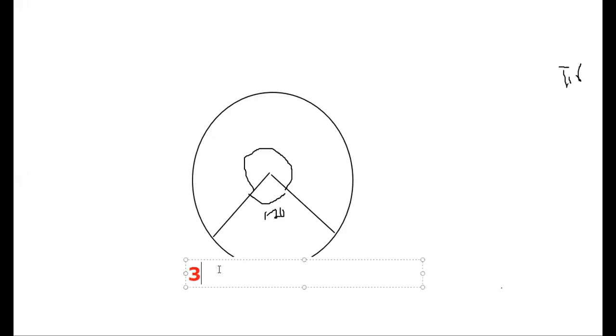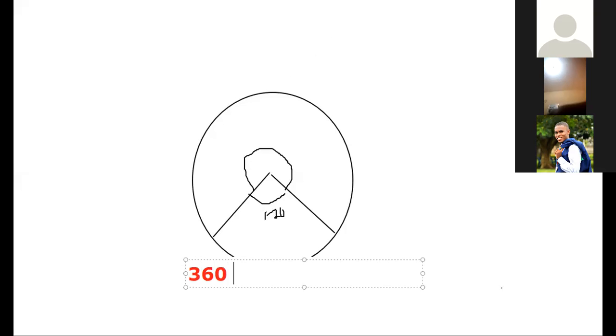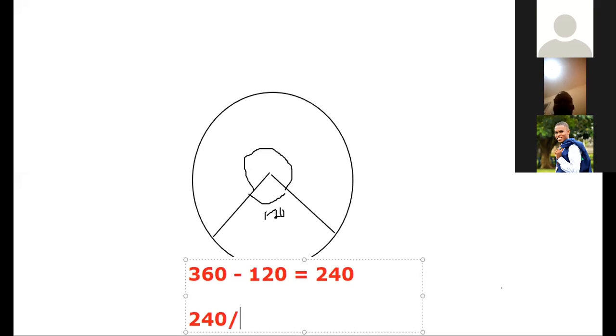Okay, you know that the full angle in the circle is 360 degrees. So if you want to find the angle on top here, that will be 360 minus 120. And that will be giving you what? 240, right? Is that okay? So using this 240, it will be 240 over 360